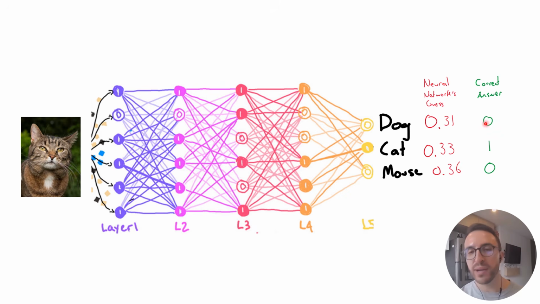So we compare that to the right answer, and then we look back at all the weights in our network, and we tweak each one, some of them up, some of them down, but each weight, we tweak it in the direction that will make this prediction better, that it'll move it in the right direction. And then you take your third example. Maybe the third example is a mouse. You pass it through, you compare the guess with the right answer, you update the weights to make it a little bit better. And then you do that over and over and over again with all of your examples.